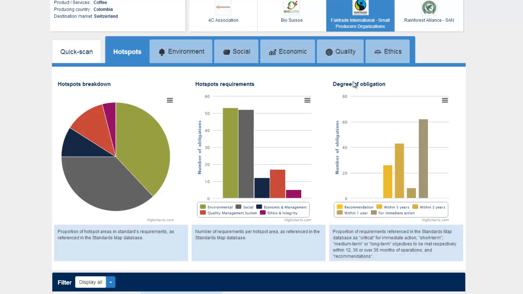So the number of requirements which may fall under a specific degree of obligation or time frame. And here, as you can see in the graph, in the legend, we actually have 5 different categories. We've got immediate action, within 1 year, 3 years, 5 years, or just mere recommendations. And these degrees of obligation are very important because they showcase how quickly the requirements which are being reviewed need